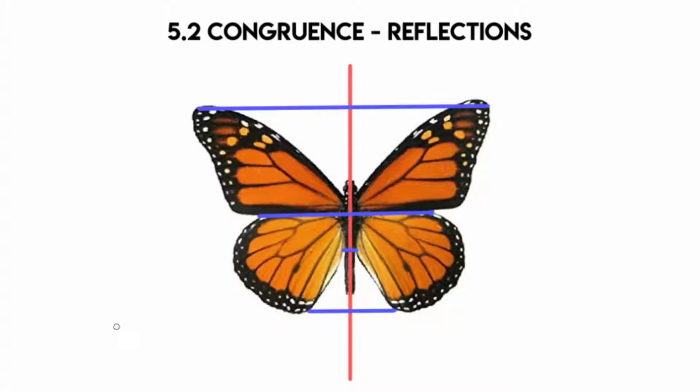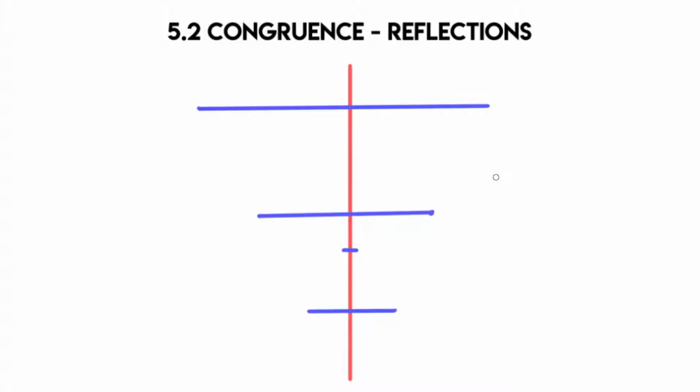Okay. So what I want you to notice is that we have this line of symmetry coming down through our butterfly. And each one of these, we have one point on one side and the same point on the other side. Now, if I get rid of this butterfly, you're going to notice that this is a very symmetrical looking shape, which is kind of cool. And why that happens is because this point on the butterfly is the same distance to the line of symmetry as this point over here. This point has the same distance to the line of symmetry as this point and this point, this point, and